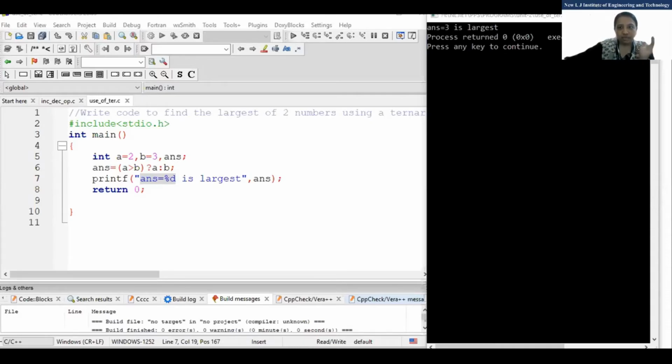Compulsorily, all of you make a practice of this one, because this is only a 2-3 line program. From unit 3 you will have more programs on the concept of loops and all, so at that time you will not find any difficulty. So make a practice of programs, right?